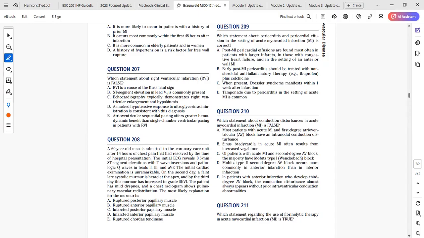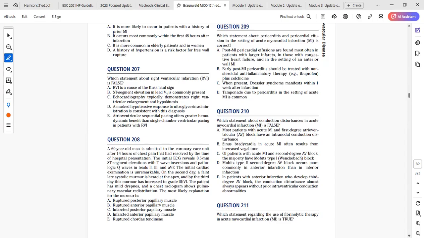Okay, so during my presentation yesterday, I talked about the fact that the posterior papillary muscle has a single blood supply, as opposed to the anterior papillary muscle that has a dual blood supply. The posterior papillary muscle is supplied by the posterior descending branch of the right coronary artery, while the anterior papillary muscle is supplied by the marginal branch of the left anterior descending artery and the branch of the left circumflex artery. So it has a dual blood supply.